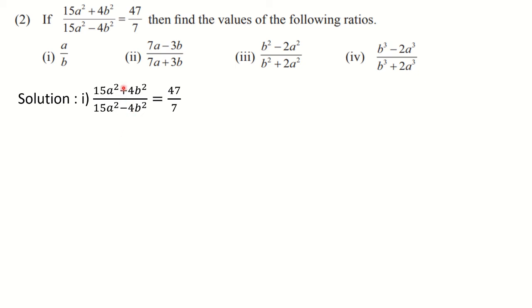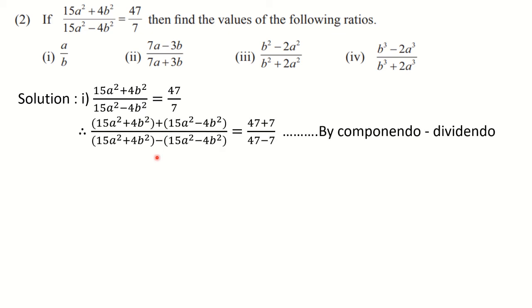But as I have said, whenever you find plus and minus signs like this with the same terms, always go for componendo dividendo. So you are going to make use of the property componendo dividendo, performing it on both the sides. I gave you the shortcut method: always write empty brackets. Two empty brackets separated by the plus sign in the numerator and two empty brackets separated by the minus sign in the denominator.